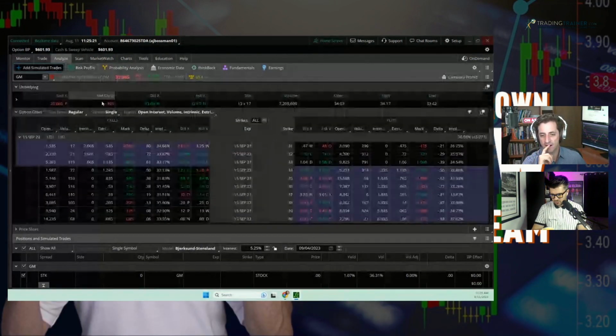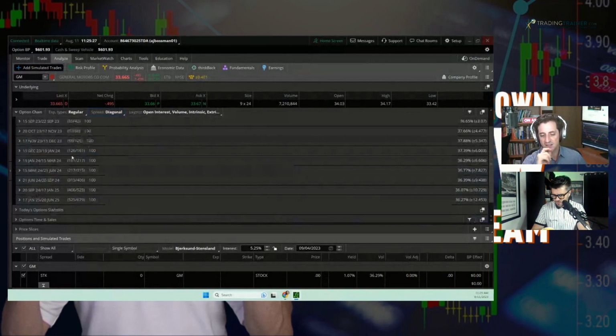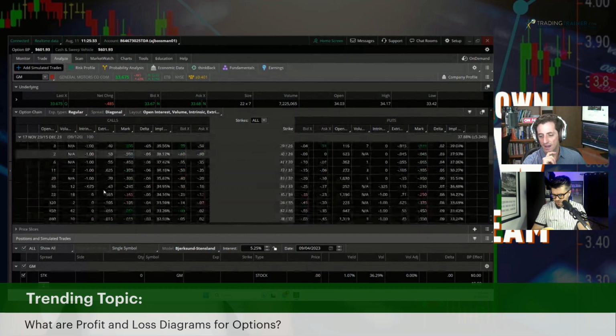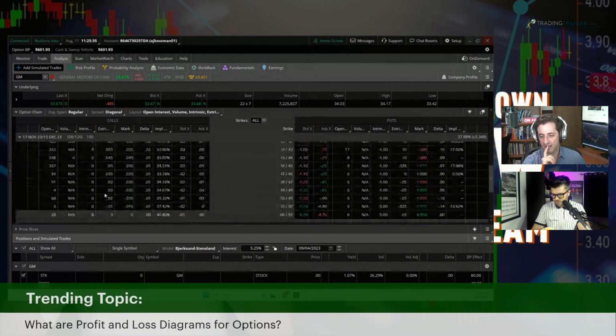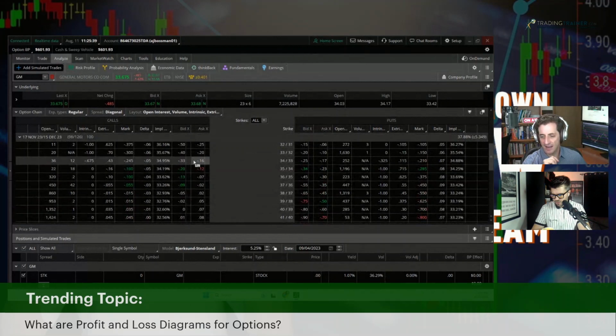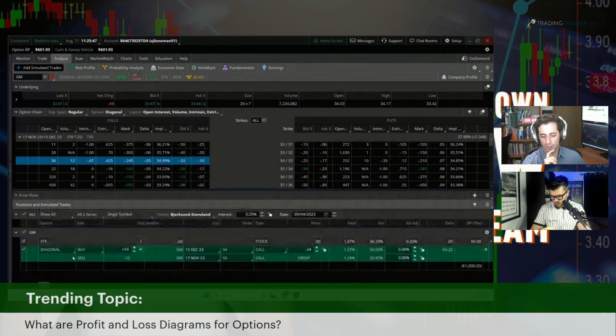So if I come back over here and what we wind up doing is something like a diagonal. And so why don't I just throw one on really quick and you can kind of understand what our strategies look like. I'm going to put one on that's roughly at the money and let's see what happens here. So this is a diagonal. And if we take a look at what this particular profit and loss diagram looks like,